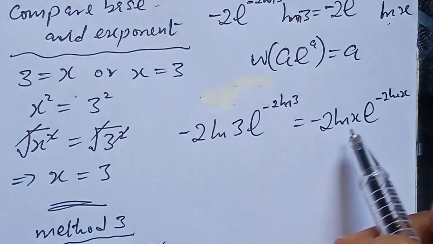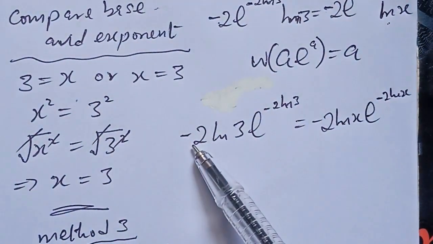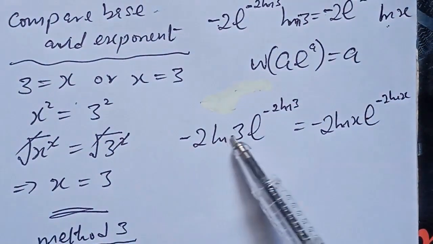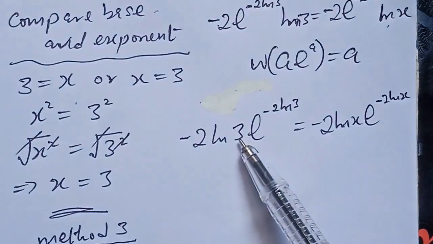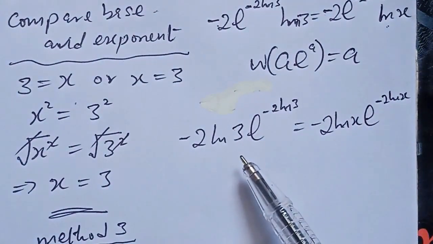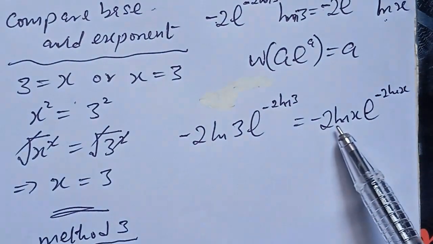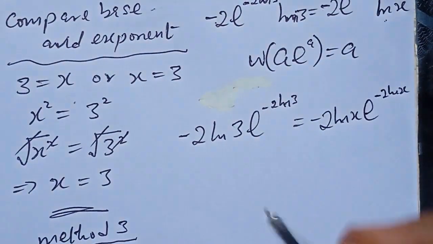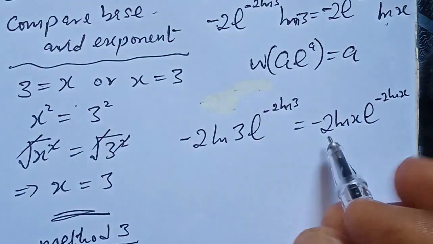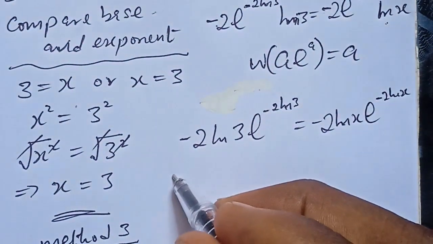So when we apply the Lambert W function here, we have that our value for a will be minus 2 natural log of 3 for the left hand side. Then for the right hand side, we have minus 2 natural log of x. And that will now become, by the application of the Lambert W function,